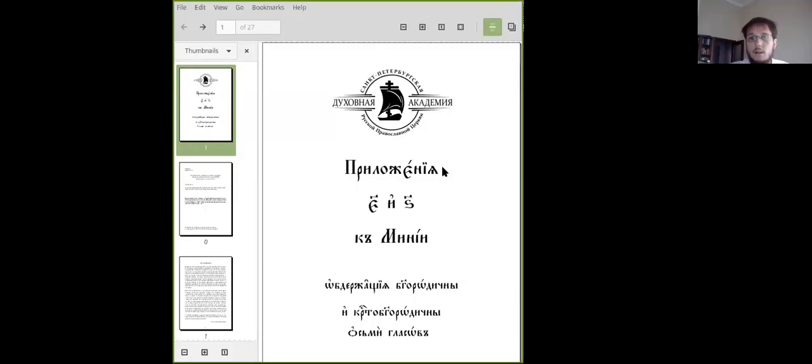We came out with a little booklet that we've called Appendix 5 and 6 to the Menaion. I haven't told you about Appendices 3 and 4 yet. I'll talk about that next. We've got Appendix 5 and 6 to the Menaion. And what Appendix 5 and 6 are, right here,